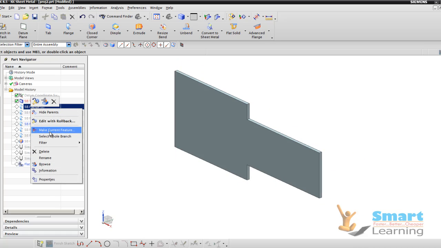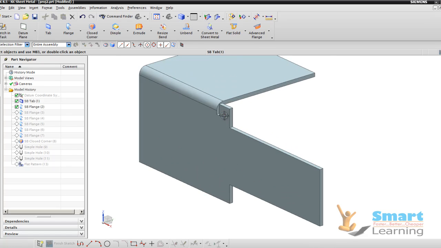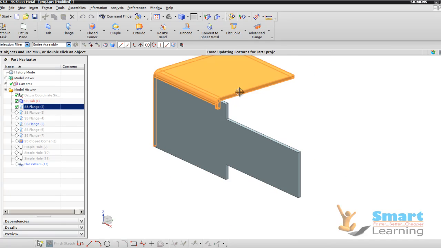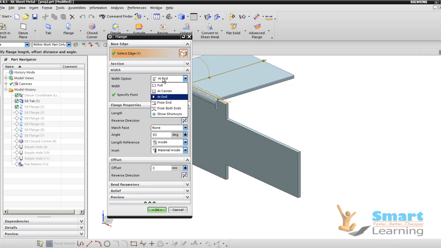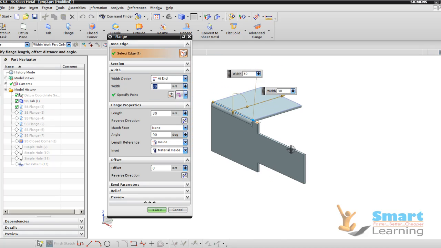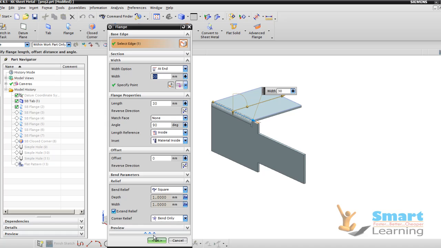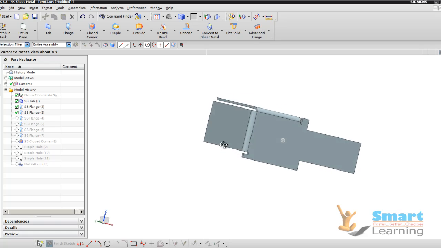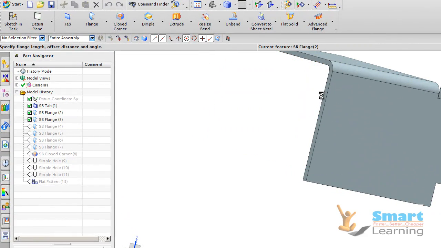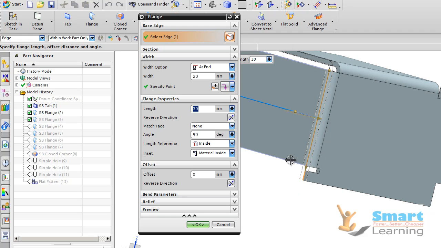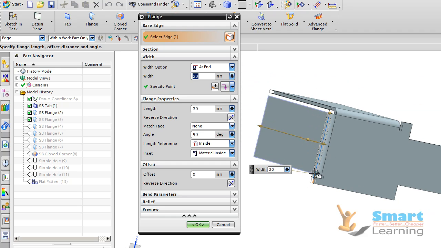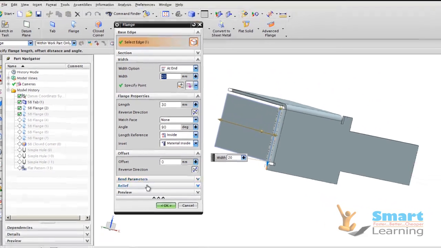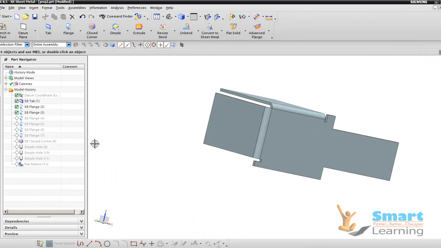Then we'll be moving to your flange at the top side at a particular distance so that you can create a relief here. And here you can see at end options we have selected, and width is 30, and from this end we have started, and the relief is square. Just like that, we'll move to the second feature which we'll be attaching here also with the same definitions. We'll be starting from this and we'll be having till 30, and width will be 20. This will be 20 and this length will be 30, and relief parameter same square, and we'll be done with